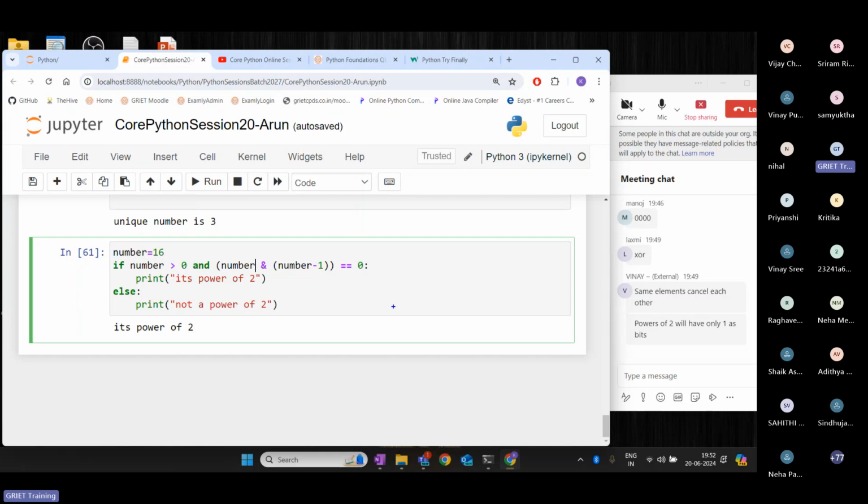So in general, how to find out whether a number is a power of 2 using bitwise operation? Take a number, do the number minus 1, and do the AND operation, and the result should be 0, right? If you get that, you will be able to think that it is a power of 2. So here 100 and 011, and if you take the AND operation,